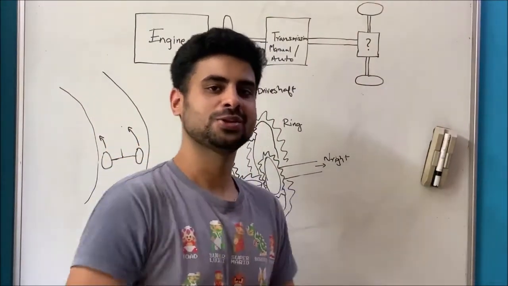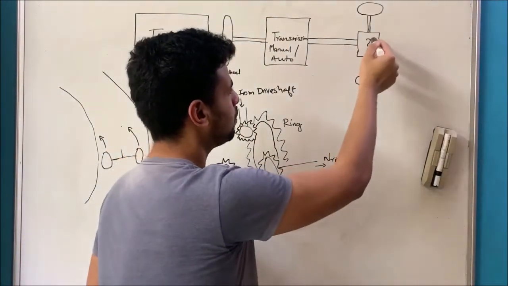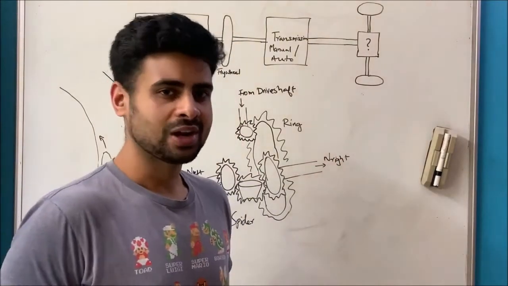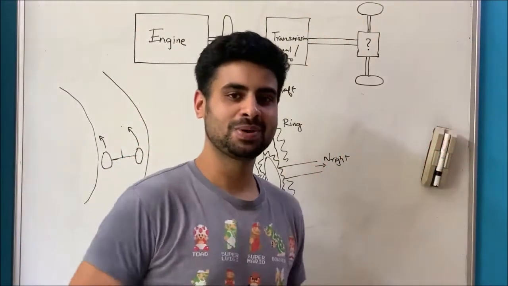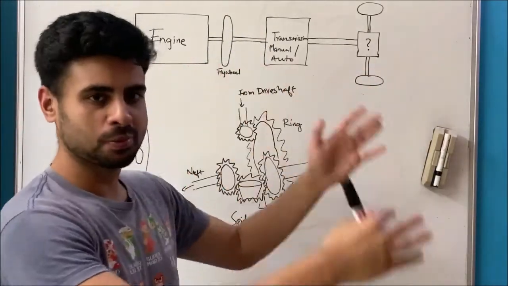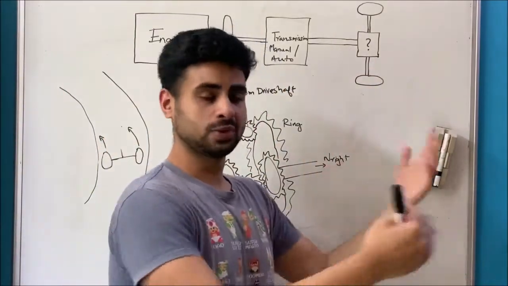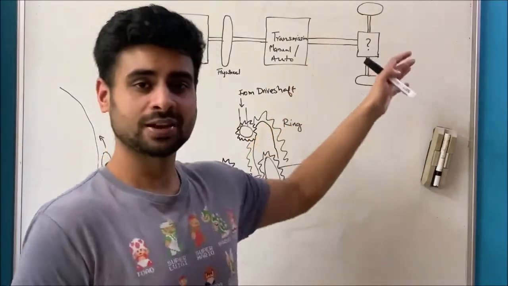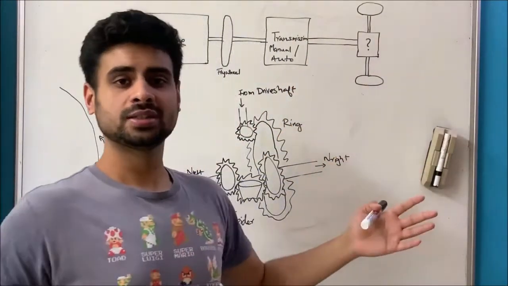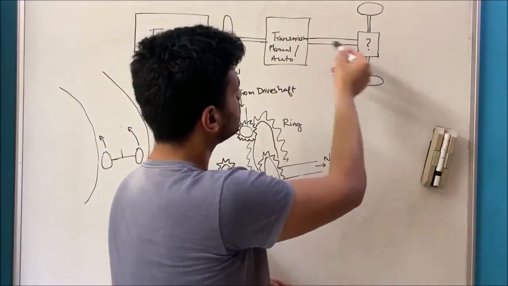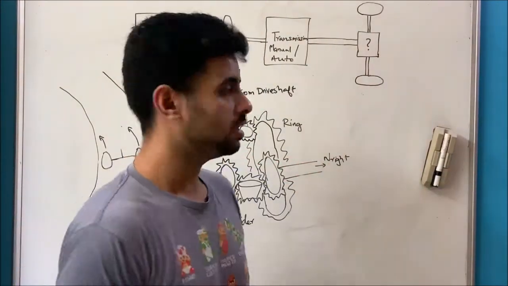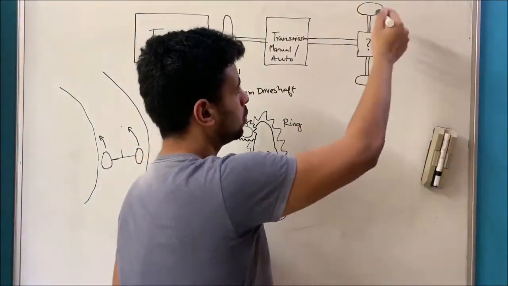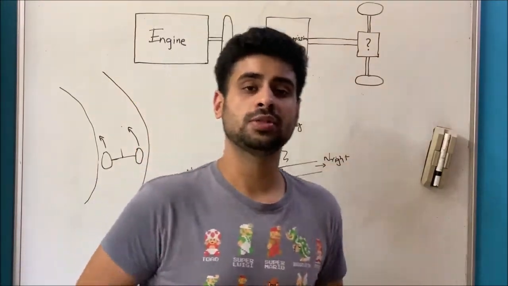But now you come back to this video and you see this mysterious box here with the question mark, and you're like, wow, what? So this is the last step in this whole sequence of power production and power processing before we send it to the wheels. It's called a differential system. What it does is basically takes the power that comes in from the transmission and splits it according to the needs, splits that power to both the wheels. So that's what we're going to talk about in this video.